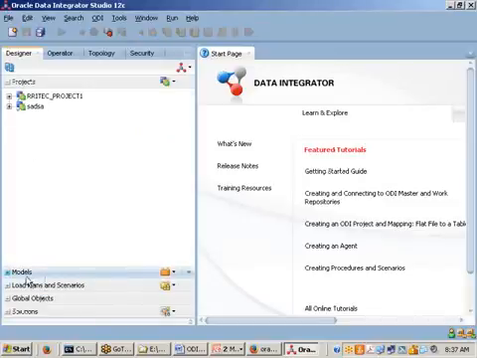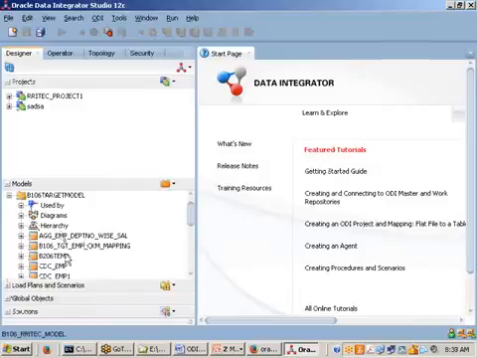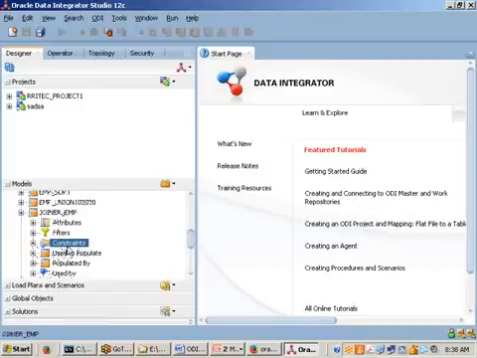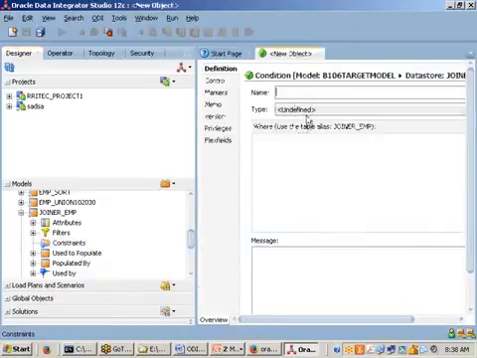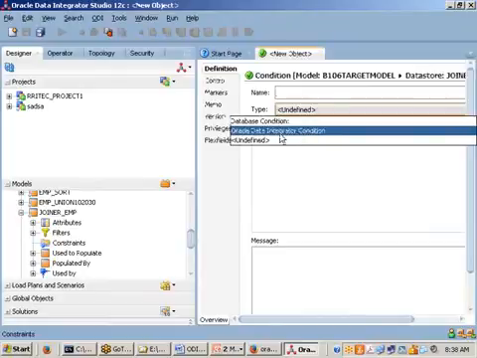Right. If you go and see here, let us say I am going to the tables. These are the tables available. On this table I want to implement some kind of rules, then I can go here and define whatever rule I want. Right click on this, new condition, whatever condition you want you can keep. This condition is going to accept whatever you want. That means you can write one SQL query here, or it may be a database condition, or an Oracle Data Integrator condition.